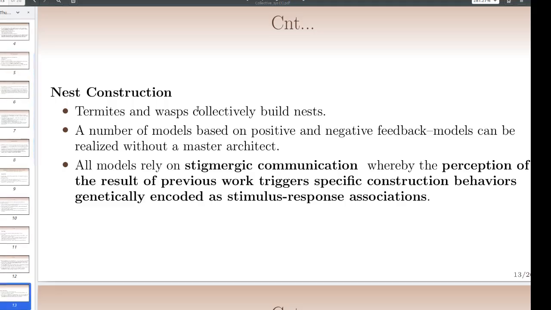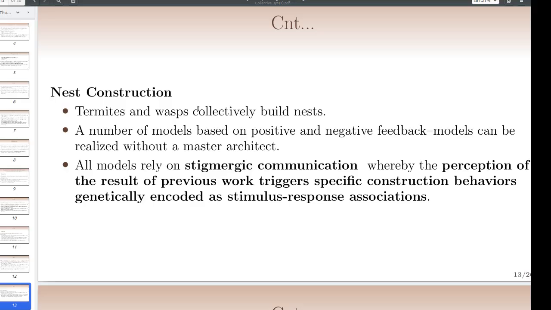The next collective behavior is nest construction. It is exhibited by termites and wasps to collectively build their nests. A number of models are based on positive and negative feedback, and these models can be realized without a master architect. All these models rely on some kind of stigmergic communication where the perception of the result of the previous work